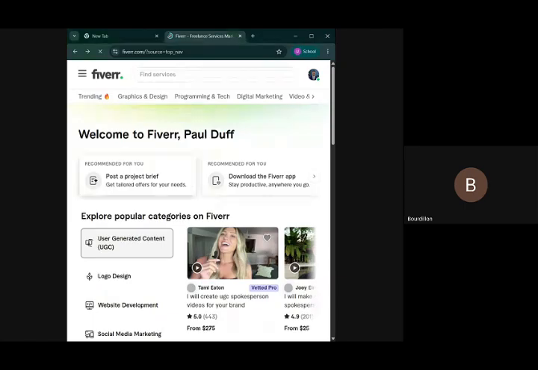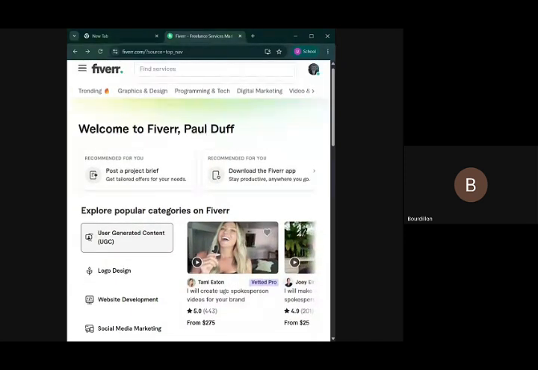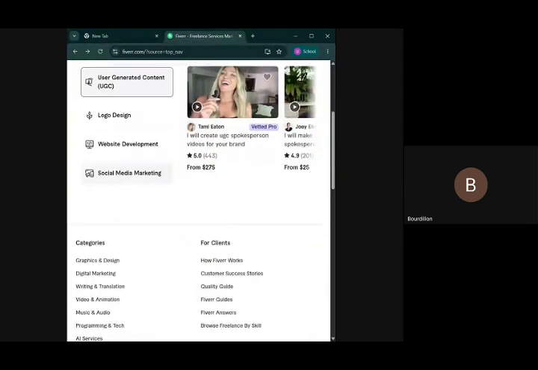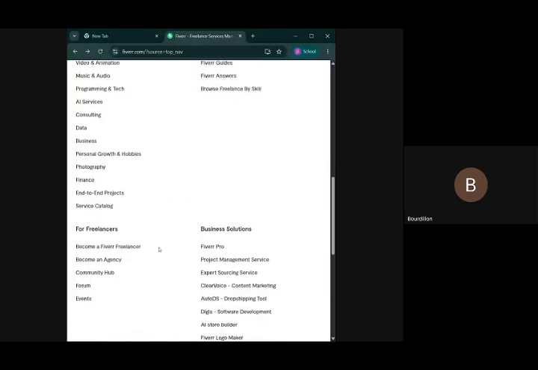That is, you're not a client but a freelancer. Those who are having that issue, that's why you need to do this now. You scroll down. You see down here, you have categories, and you have for clients, which is the screen we are on now, and you have for freelancers. So if you click become a freelancer,